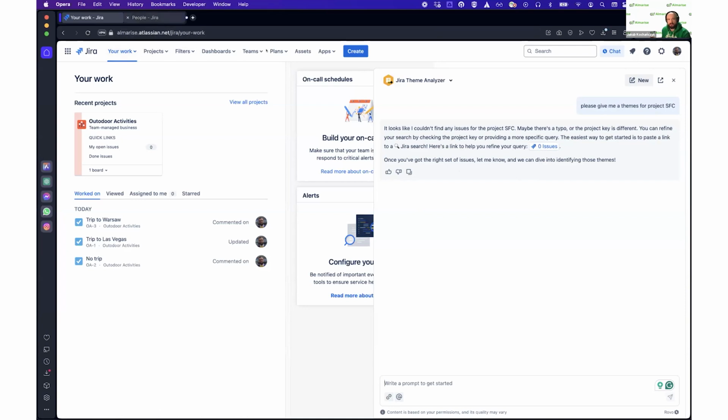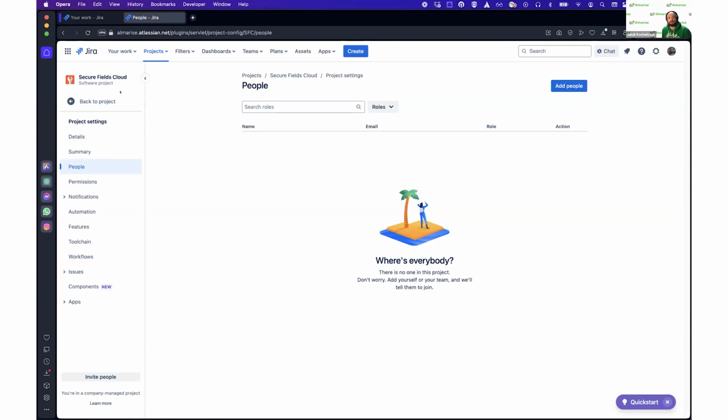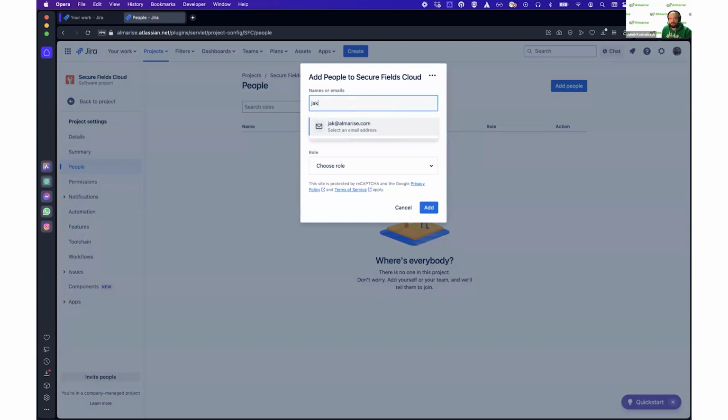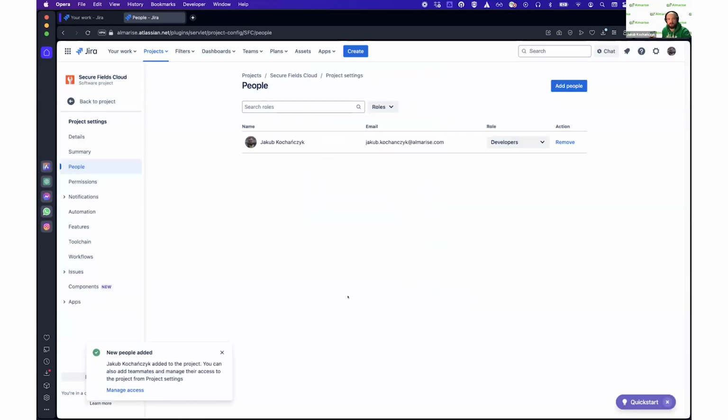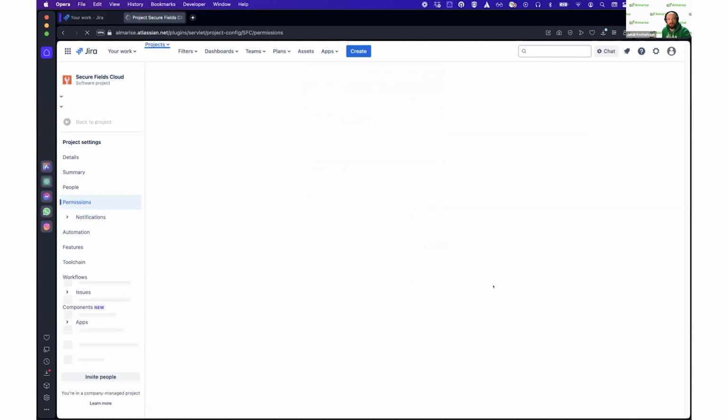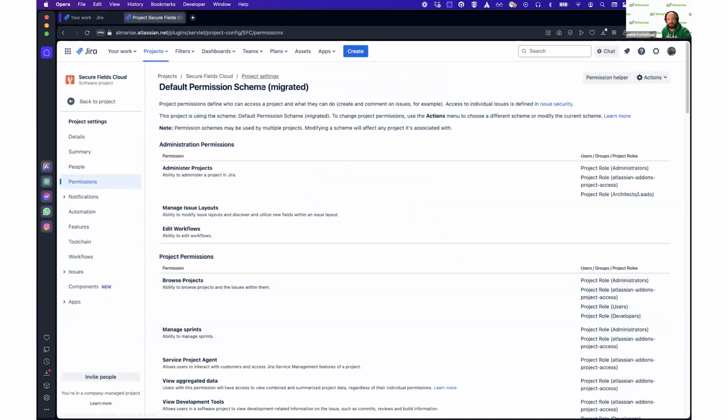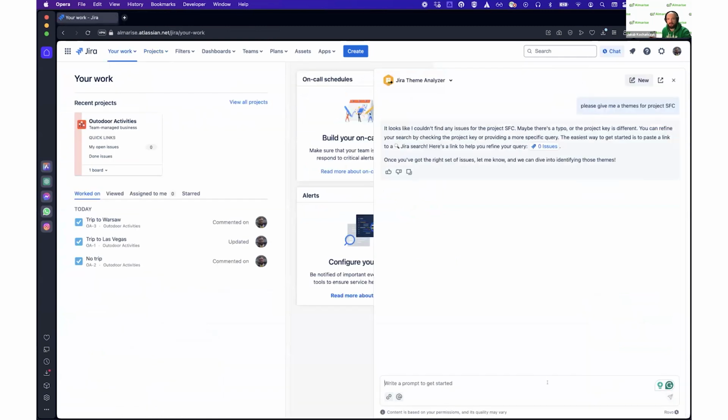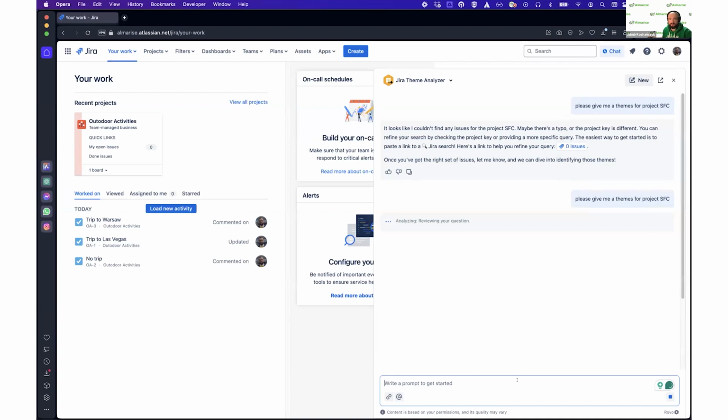the Rovo chat. So, for example, right now I'm in the configuration of the Secure Fields Cloud Jira project, and I will add myself as a developer. Add one person. Yes, I am a developer. Now I have permission to browse projects as defined within my permission scheme. So I will tell Rovo again, please give me the themes for project Secure Fields Cloud. It will run the query again, providing me